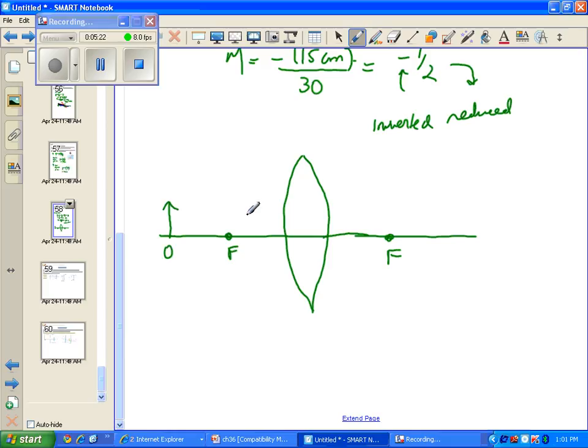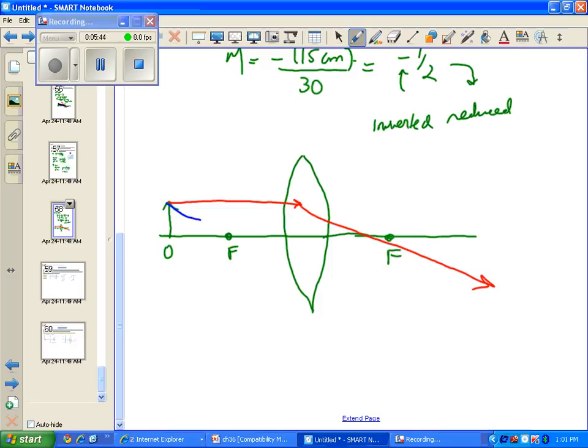And of course, this isn't to scale, but we'll go ahead and just proceed anyhow. First principal ray parallel to the principal axis enters the lens and transmits passing through f. Second one